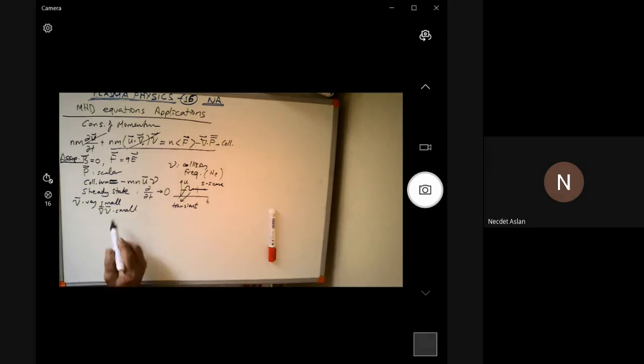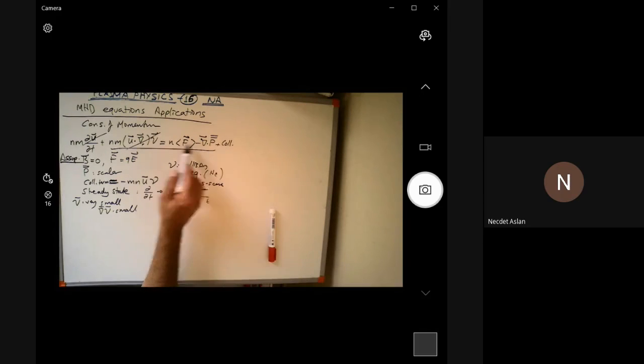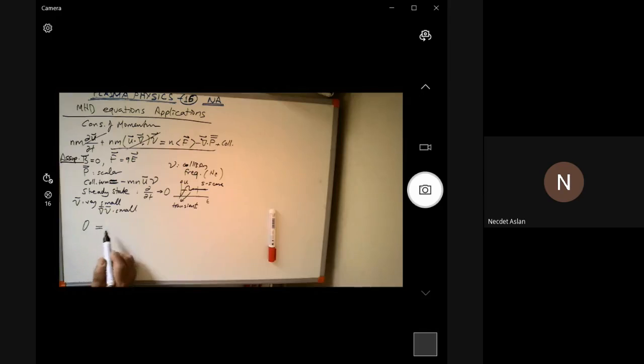So now if we write the pressure as a scalar, then 0 will be equal to, in this approximate equation, n times